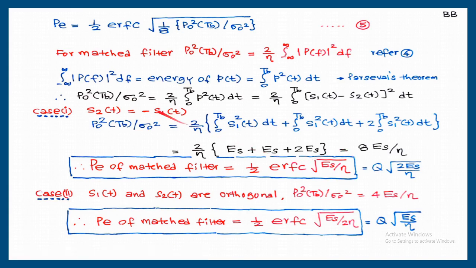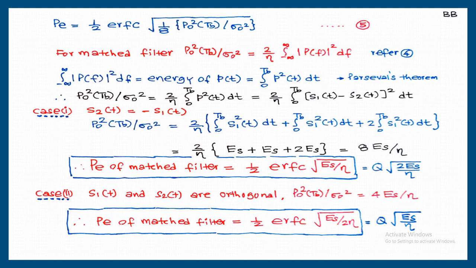So when you are comparing these two signals, we can say that orthogonal signals generate more probability of error compared to the first. If this condition is satisfied, the signals are known as antipodal signals. Antipodal signals are the best signals for minimizing the probability of error. The second set is orthogonal signals, whose probability of error is more compared to antipodal signals. In digital modulation, BPSK signals are antipodal, but BFSK signals are orthogonal. So BPSK is better than BFSK.